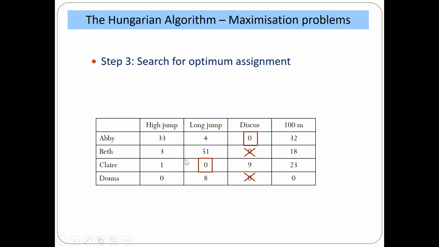So we are moving on column wise. We have a single 0 in the first column. So we can just make an assignment like this. And in the corresponding row, we have another 0. So we have to cross it out like this. Then second column, third column already have assignments. Fourth column, no 0 is available. So no further assignment is possible. We can stop the procedure here. And we have to check whether it is an optimum assignment or not. We have 3 assignments and the order of the matrix is 4. So it is not the optimum assignment.